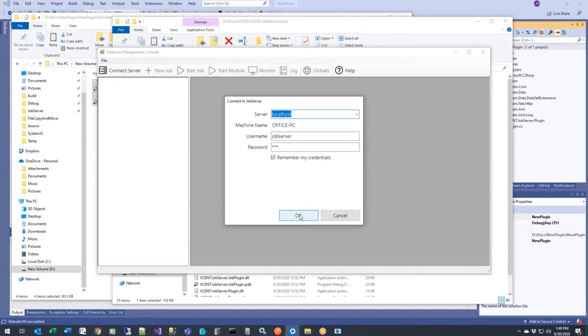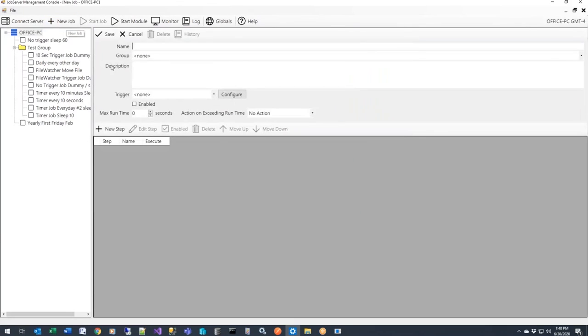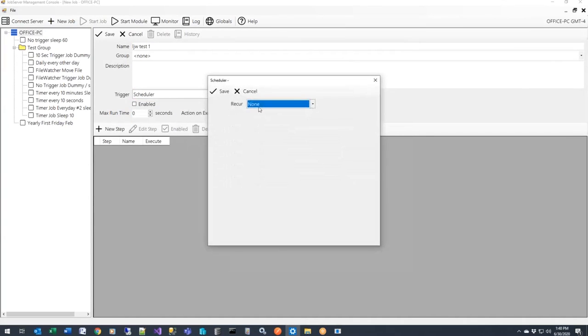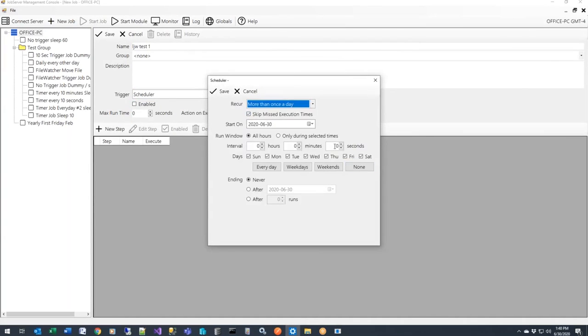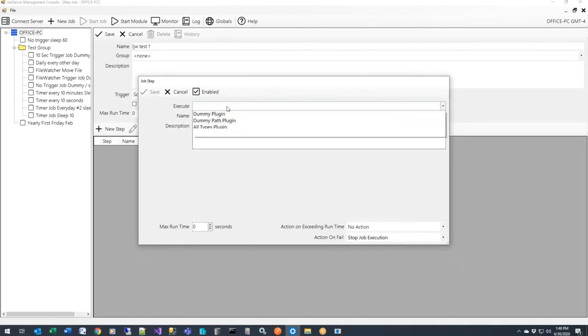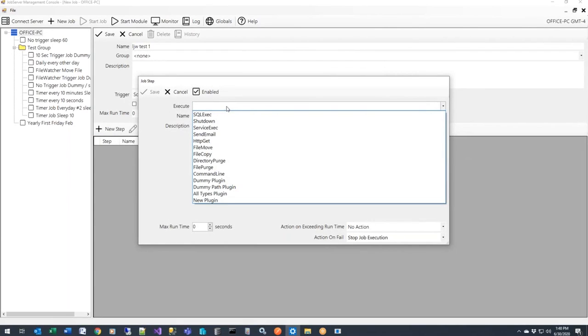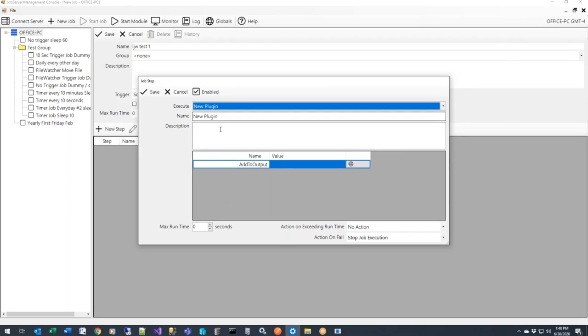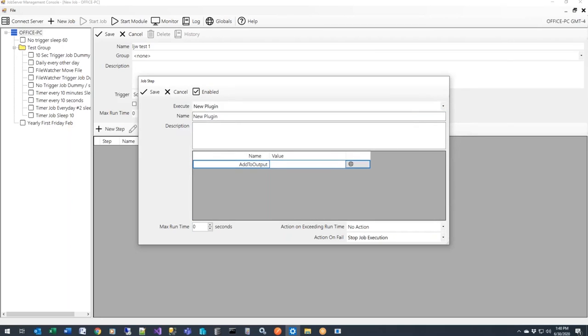So here's the interface. We're going to log on to my local machine, create a new job, LJW test 1. We'll make it a scheduler trigger to run every 15 seconds. New step. Last one there. New plugin. Yep. And add to output is going to